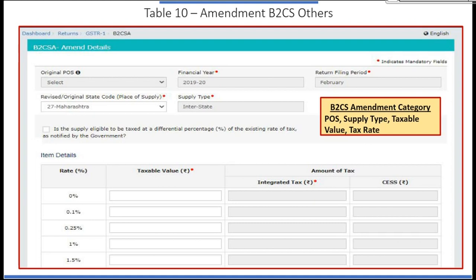So basic premise, remember friends, anything can be amended in GST returns. We don't have to panic. If there's a mistake in filing of GST return, if you are hearing that a return filed is final, yes, that return is final. But in a subsequent return, you can make all the amendments.